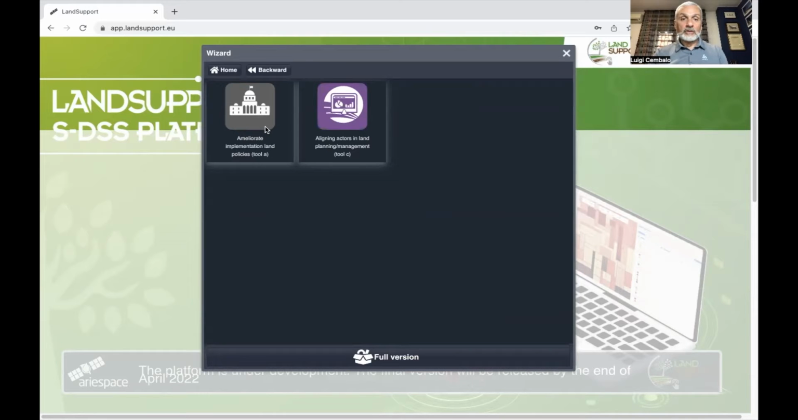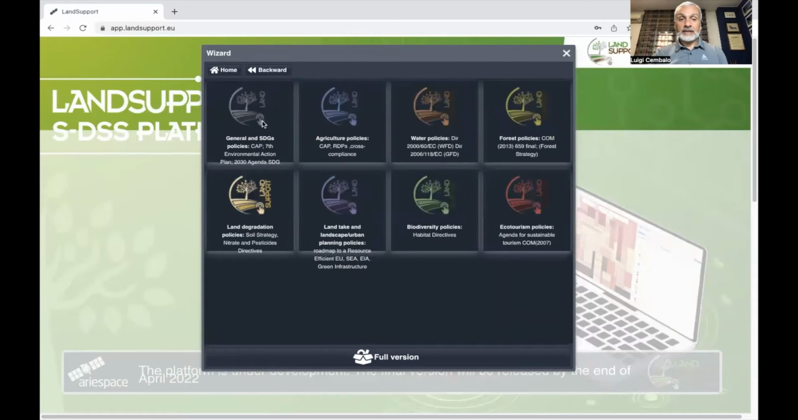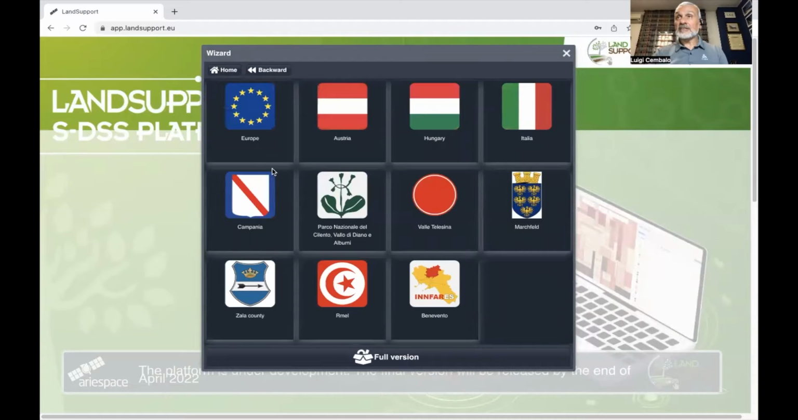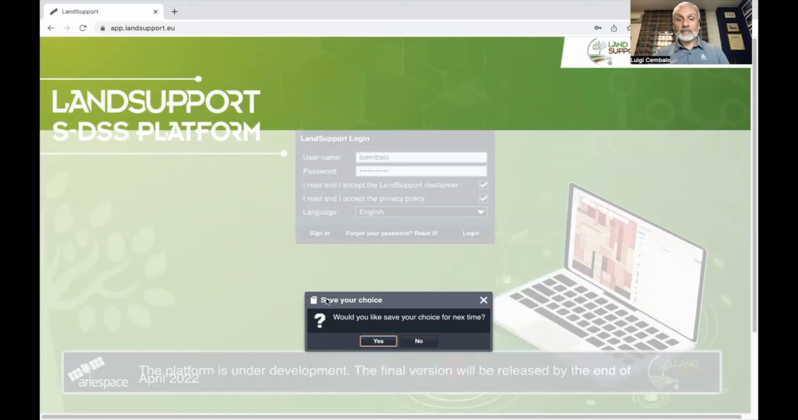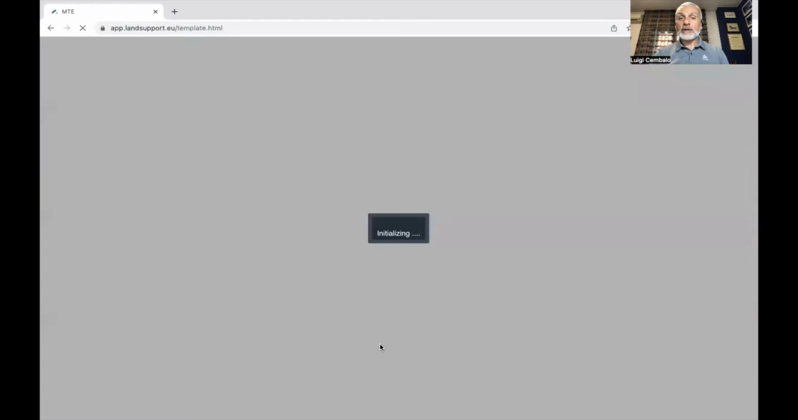Among them, I'm going to show you this one. Since the tool is developed only for the Campania region, this is where I'm going to click. You click yes in case you want to save your choice for next time. And you get into